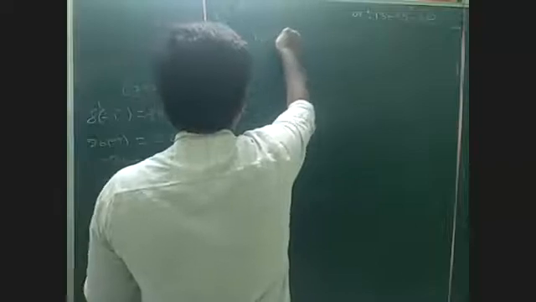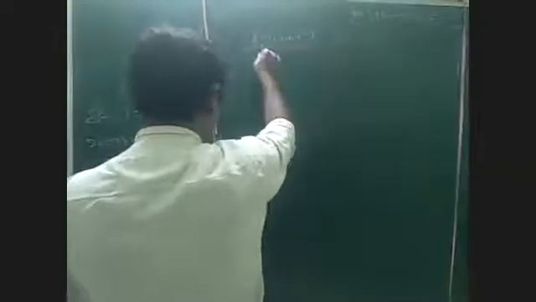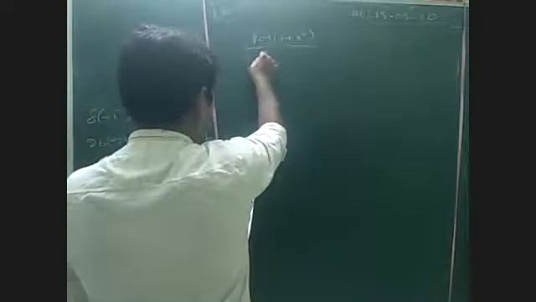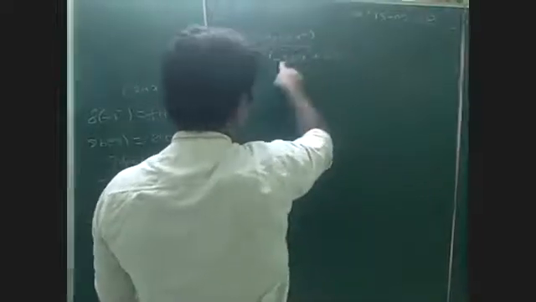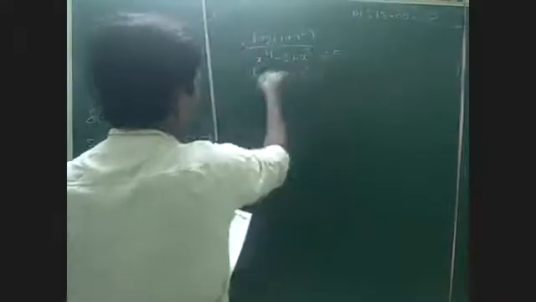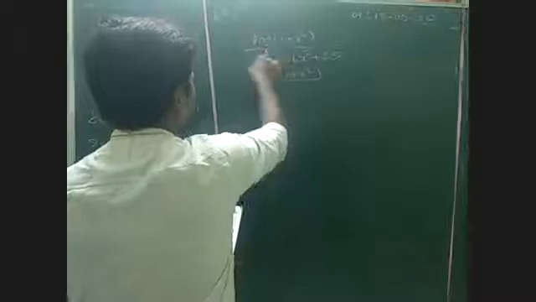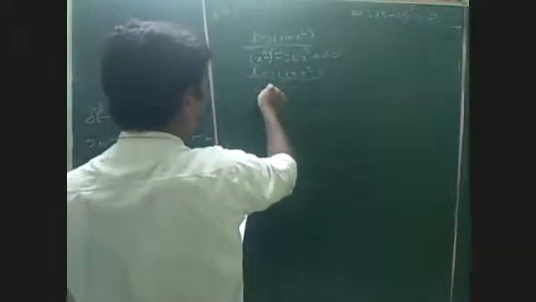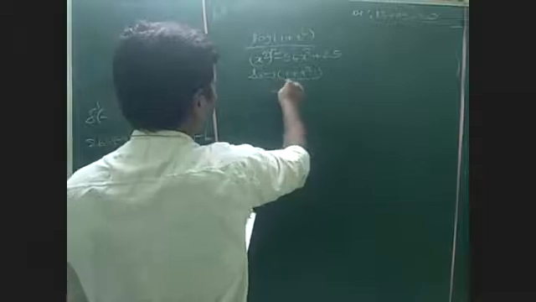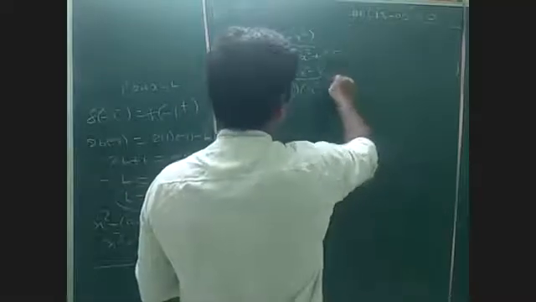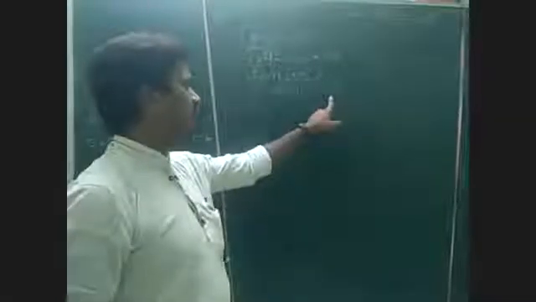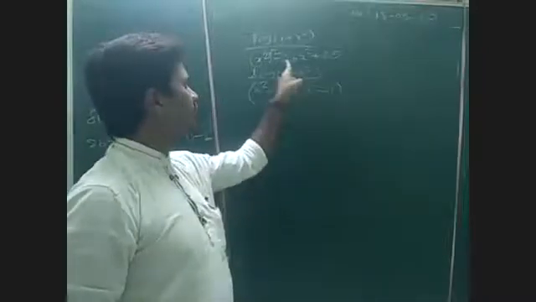13th question, if you observe here, log of 1 plus x square by x power 4 minus 26 x square plus 25. 25 factors to get minus 26 are minus 25 and minus 1. So this can be written as log of 1 plus x square by x square whole square minus 26 x square plus 25, which is a quadratic equation in x square. So this can be written as x square minus 25 and x square minus 1. Yes or no?